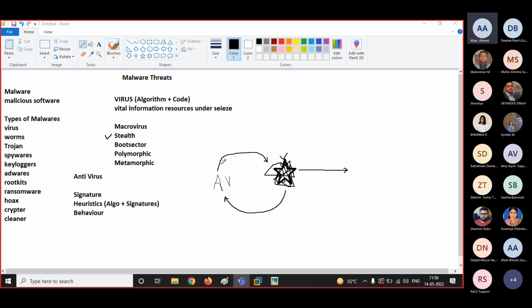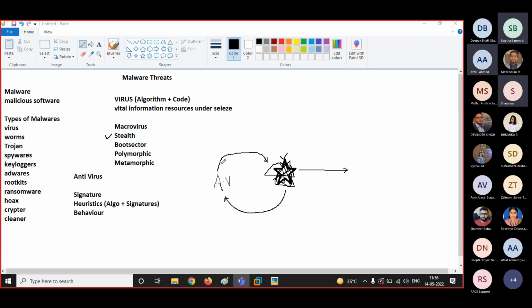Master boot record. It is in the boot drive. What is the name? Guys, anyone? Where is your MBR? Bootloader. Bootloader and MBR are placed together at what place? This is what I'm asking. I explained in the very first class. Sector 0. Correct.